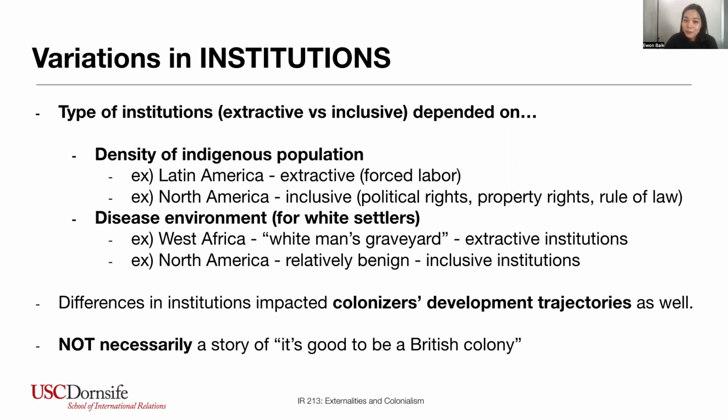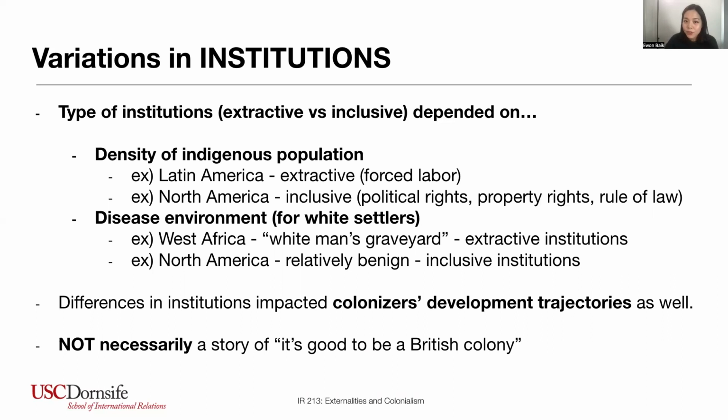And of course, we have to remember that these less dense populations were definitely partly due to, and certainly made much worse by, the fact that Europeans brought with them all sorts of diseases like smallpox, and committed genocide, essentially wiping out the indigenous population, which is a big part of the story in settler colonies like the US and Australia. So in North America, it was hard to set up extractive institutions to exploit indigenous people, even though the first British settlers did try to set it up. And so as a result, early North American society went in a completely different direction from Latin America.